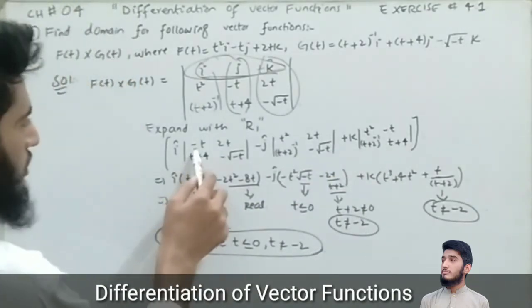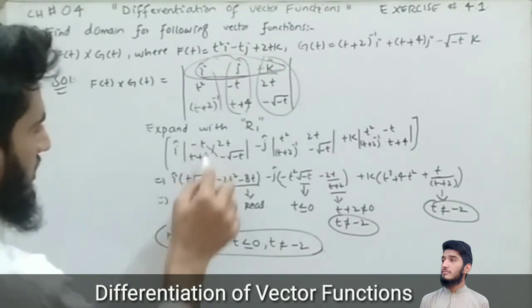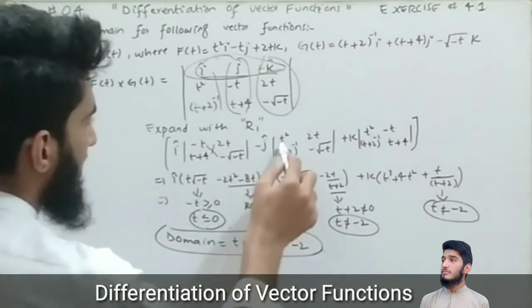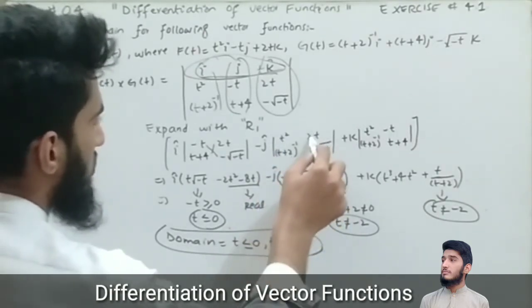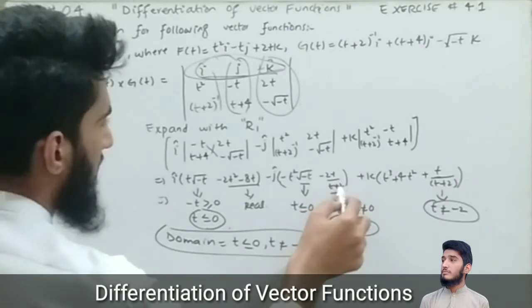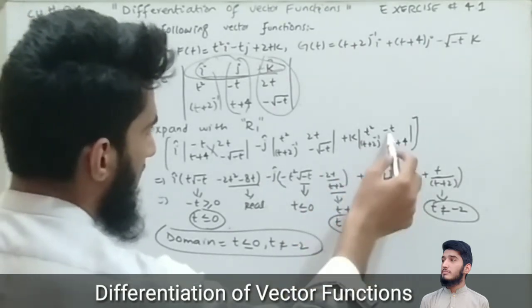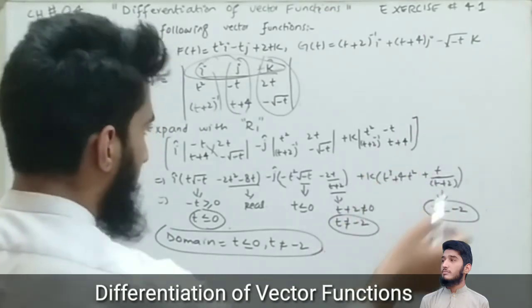Now by using the cross method of determinant, it becomes minus gives us plus t into under root minus t, it becomes minus 2t square and minus 8t, and over here minus j into it will give us minus t square under root minus t, and it will give us minus 2, and they will come to the denominator, t plus 2, and k into t square multiplied by t plus 4 gives us t cube plus 4t square, minus gives us plus t, and this will move to the denominator, it becomes t plus 2.